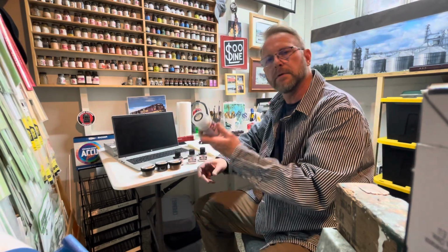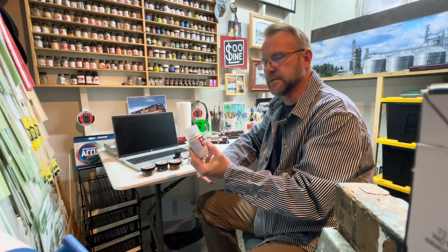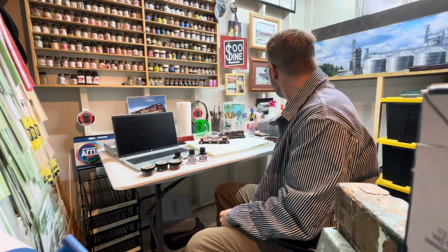Can of clear coat, flat clear from Tamiya is the type I use. Dull coat also works. You want to have that handy. And I don't have them handy, but the last thing I would say is when you're going to be handling